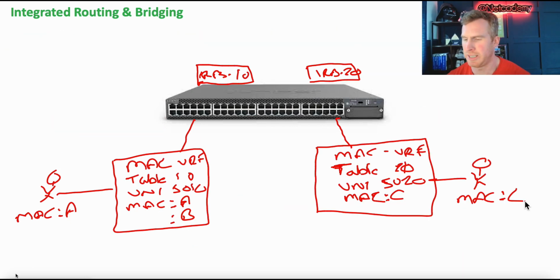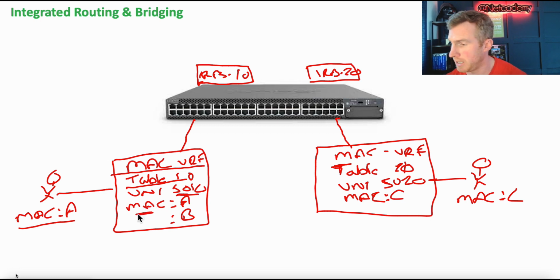So here we go. I've just cleaned up the display, made it look a little bit cleaner. So we've got user A, MAC address A. I've got rid of user B, wasn't serving a purpose right now. But user A is connected to the switch, and within that switch there'll be a MAC-VRF, virtual routing forwarding engine, with a table name, so I'm just calling it table 10, and all users with VLAN 10 are assigned to the VNI 5010. And again, that MAC-VRF has the MAC address entries for user A and user B. And it's exactly the same, but VNI 5020, etc., for MAC address C,